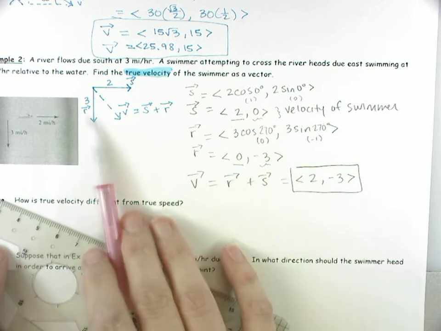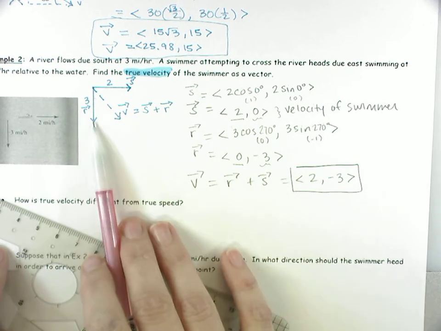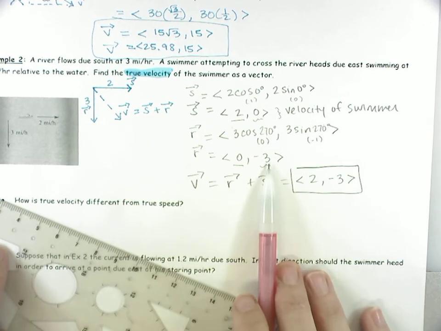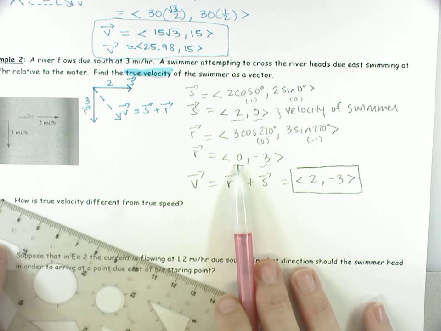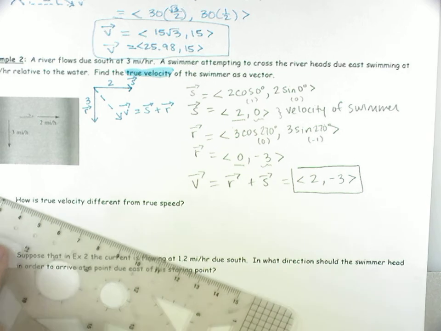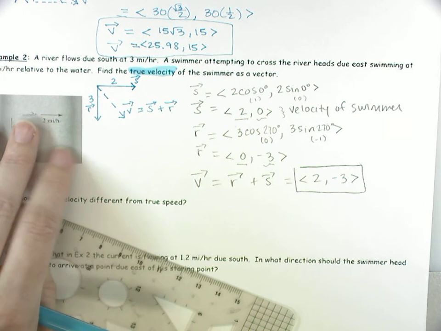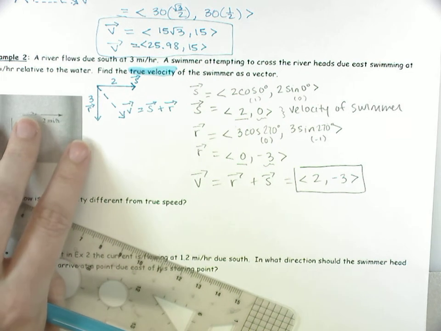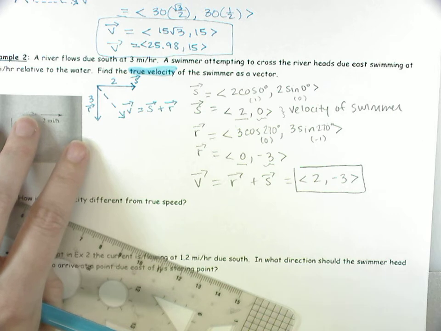For this one, you know you're going down 3, that's why it's negative 3, and you're not going anywhere left or right. So you could reason through that one. You just look at it and know you go 2 to the right, so it's positive, and down 3, so it's negative 3. Right, because if you're doing the head to tail, you're going to have your